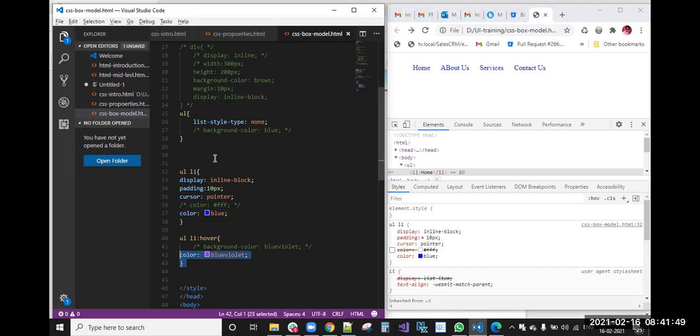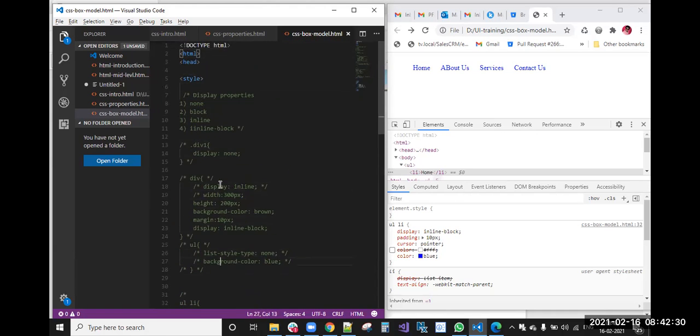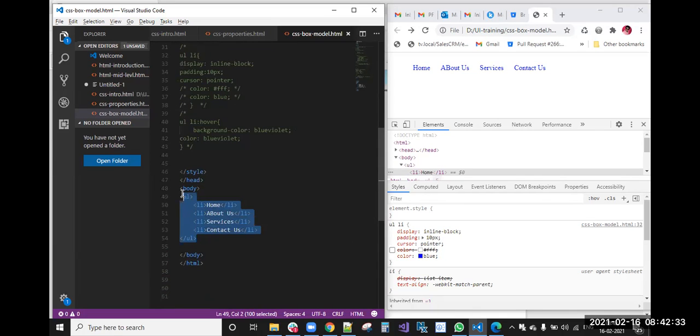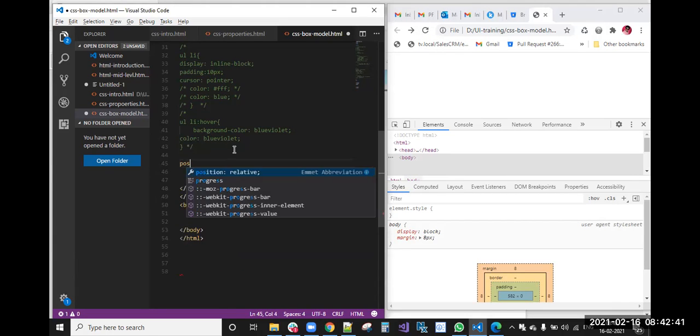So you can practice this. Now, position properties.